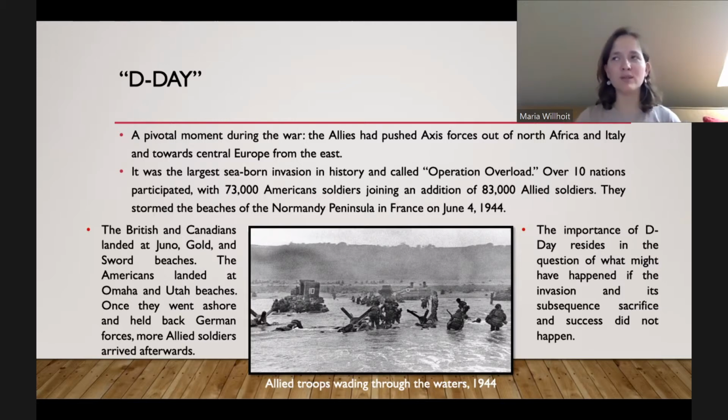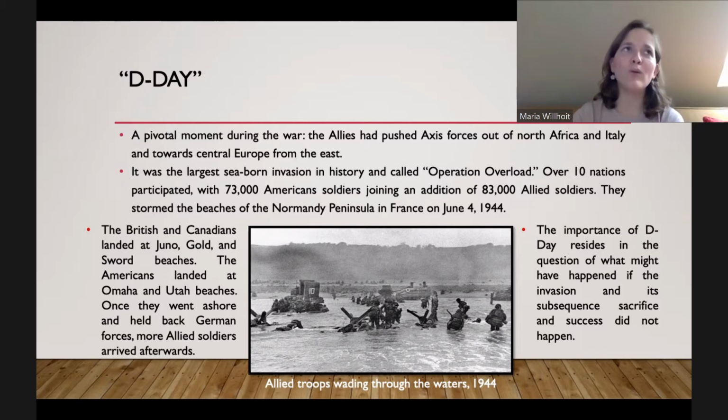And again, it was a very bloody battle, very deadly. But luckily, the Allies were able to eventually push off the Germans, make them retreat further and further back into France. And so once the shoreline of France is protected, then even more Allied forces jump in, and then they can go push further into Europe.